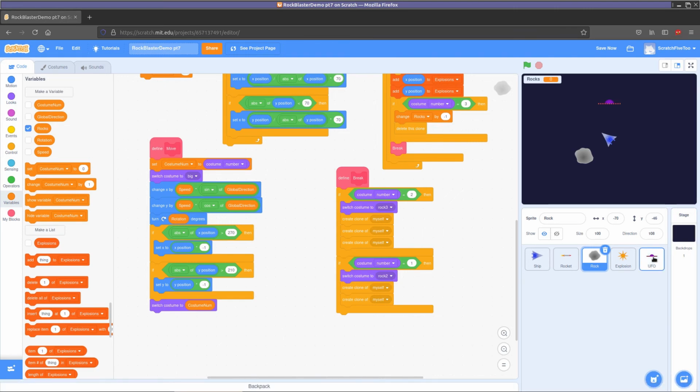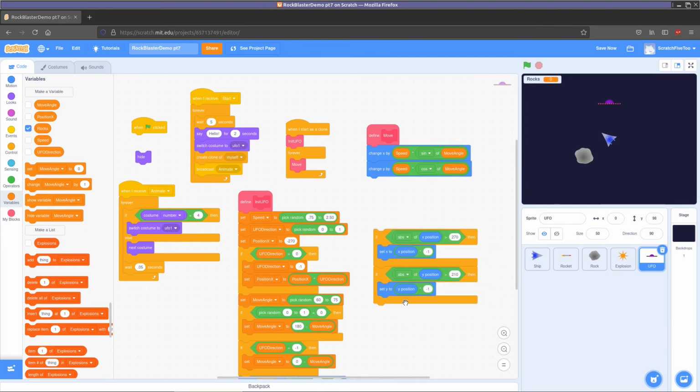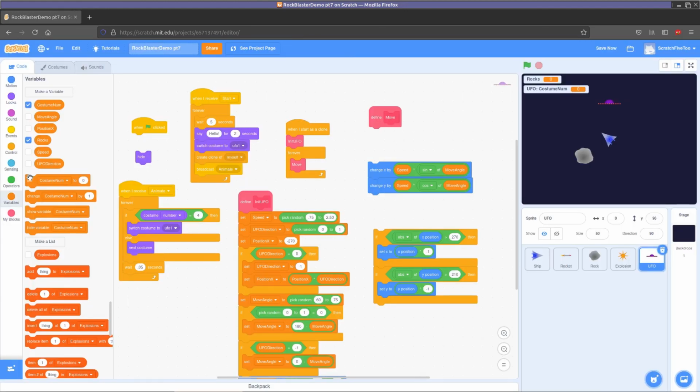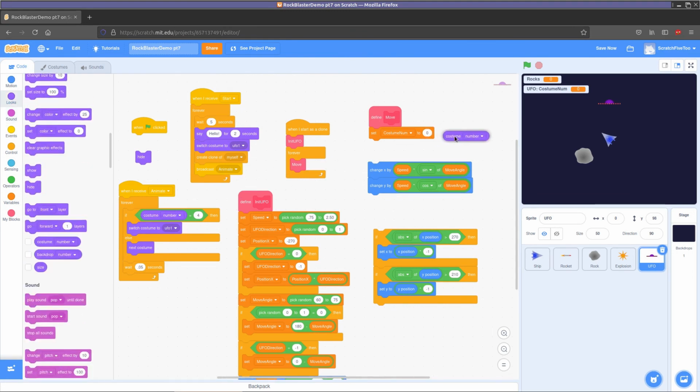So let's go back to the UFO. Now we have just the general wrapping here, and we need to fix move. So in move, we're going to need a variable, make a variable for this sprite only, costume number, and let's do that right. So if we remember what we did there, we went set costume number to costume number,